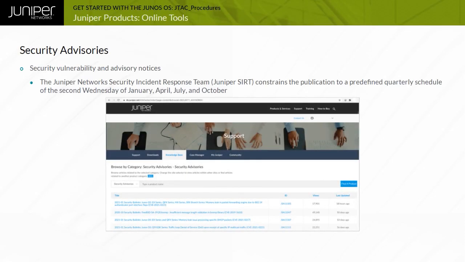The Juniper Network Security Incident Response Team, or Juniper SIRT, constrains the publication of Juniper security advisories and security notices for non-urgent issues to a predefined quarterly schedule of the second Wednesday of January, April, July, and October, covering all Juniper products. In exceptional circumstances, the Juniper SIRT may publish an out-of-cycle security advisory or security notice, but that is